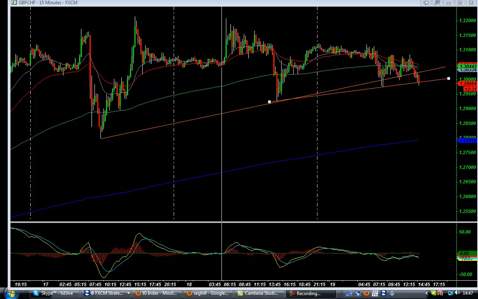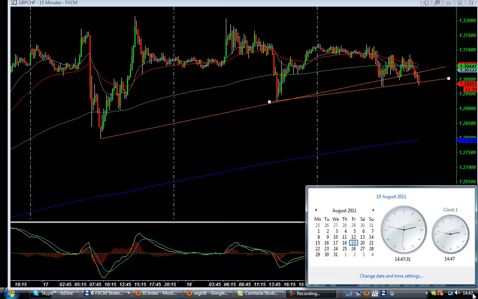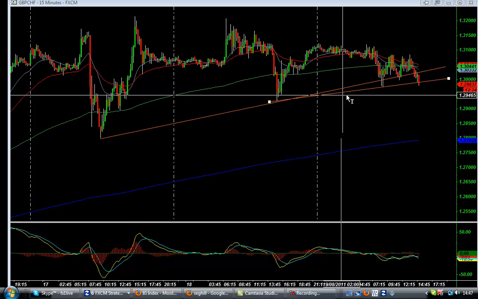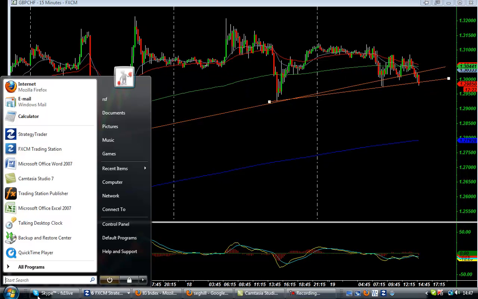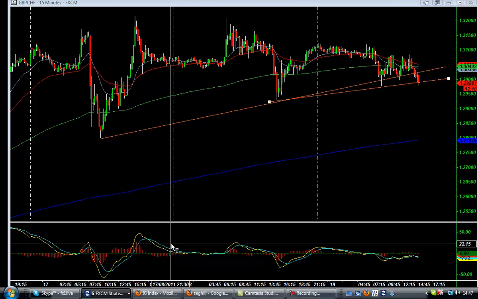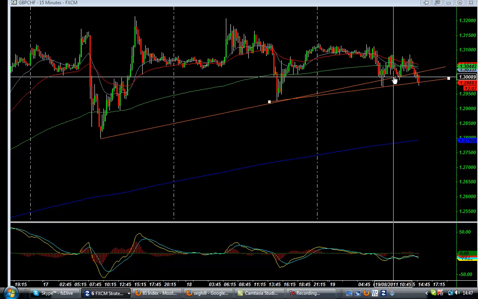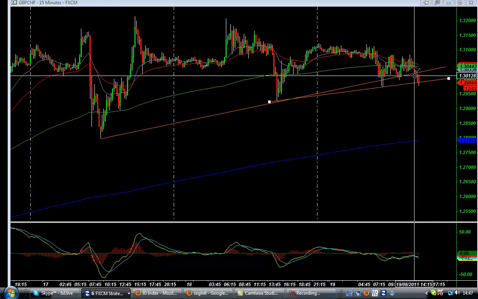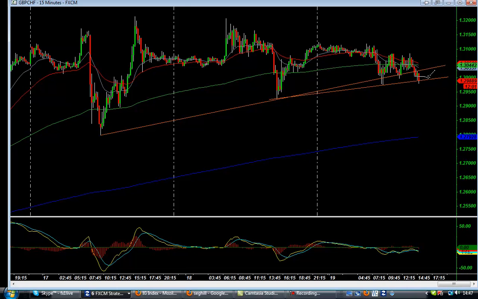fxtradingalerts.com. It's Friday at 2:47 and it's the 19th. We're short the pound Swiss, it's the 15-minute chart, and we are short at, bear with me a second, 3008, which is there. Okay, so basically this is quite a simple setup. It's a trend line break, but